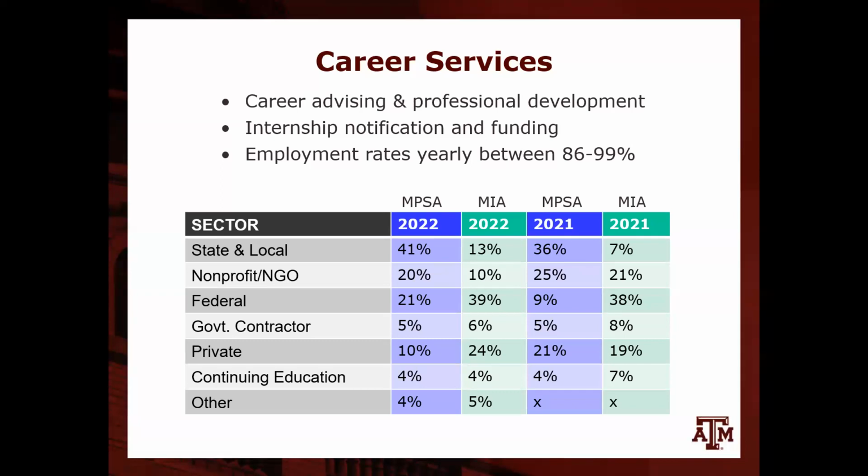And just to be clear, our response rates are typically in the 80 to 95% range, depending on the year. And so we've got a really good response rate, and of those that are responding, really strong employment rates. So to give you an idea of the type of employment in the public administration program listed in PSA